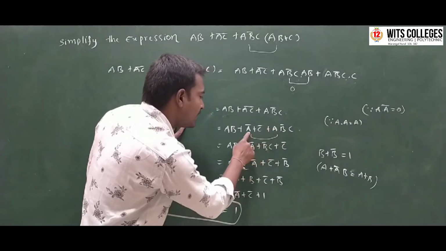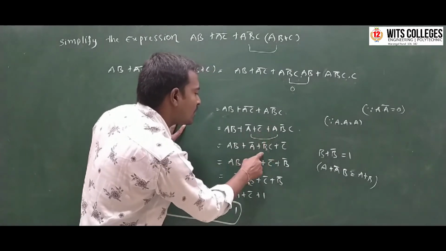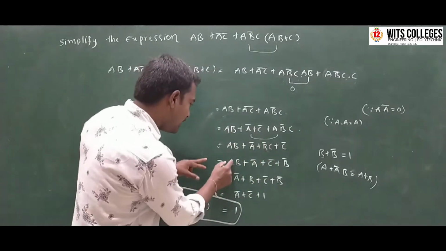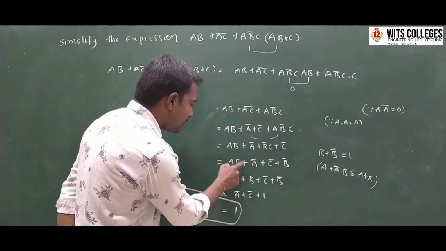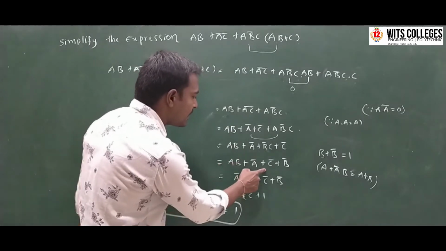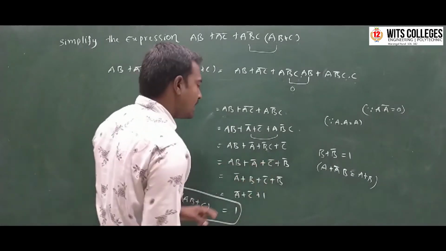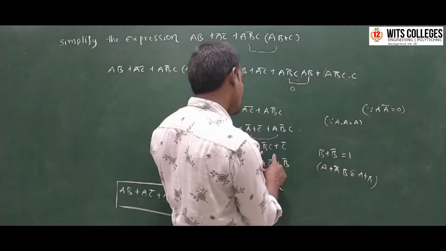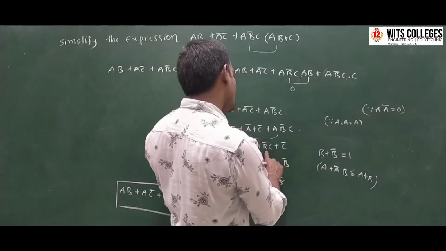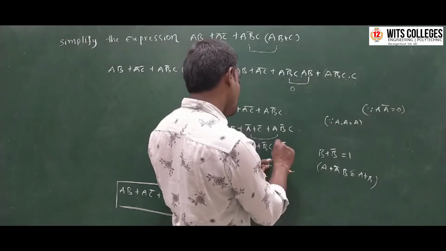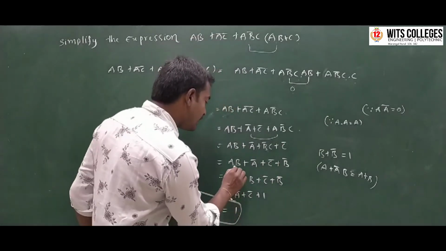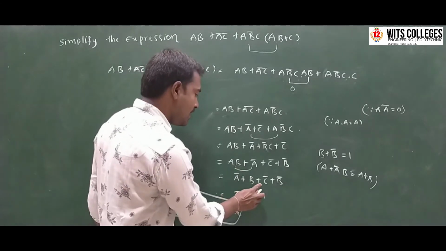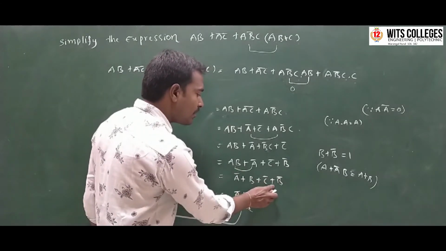So here A is equal to A bar and B is equal to B bar C. So here I am writing these two variables equal to A bar plus B bar C plus C bar as a remaining term, and here AB same as usual plus A bar plus C bar plus here again we have A plus A bar B can be written as A plus B. So here C bar plus C into B bar can be written as C bar plus B bar. Okay, and again we have A bar into AB can be written as A bar plus B, and remaining terms plus C bar plus B bar.